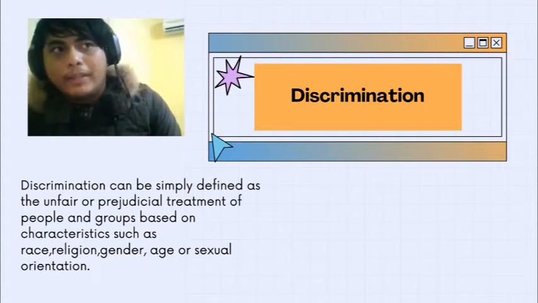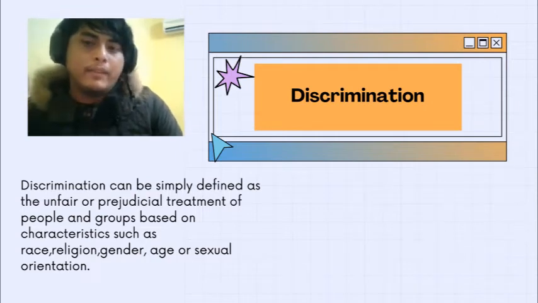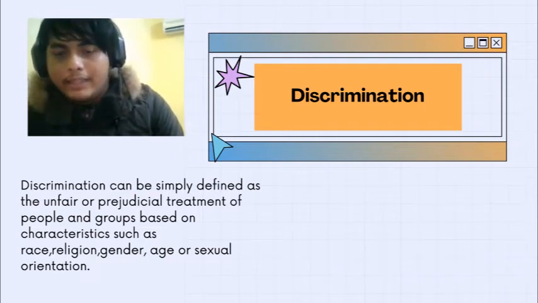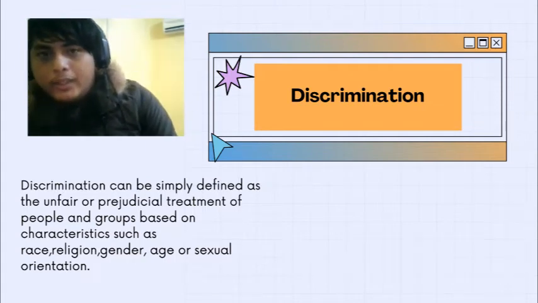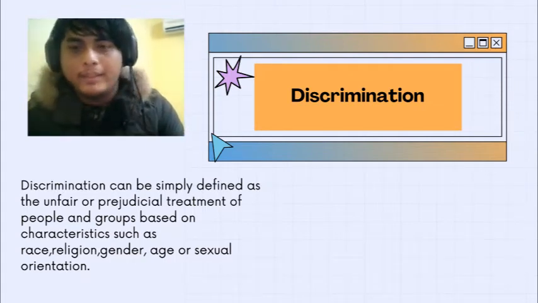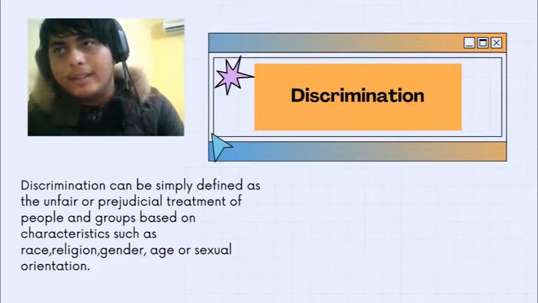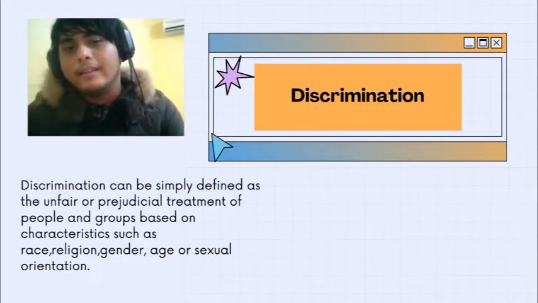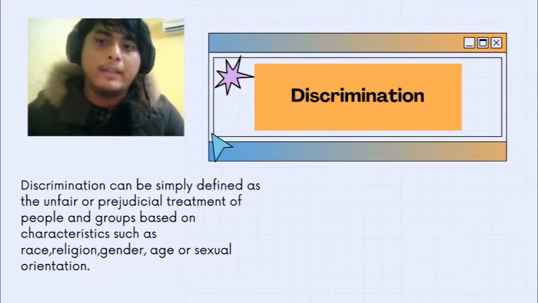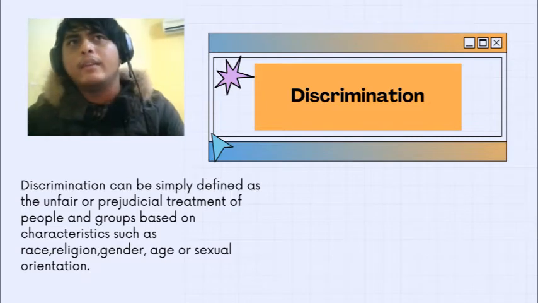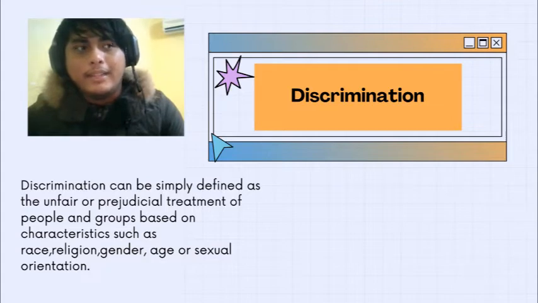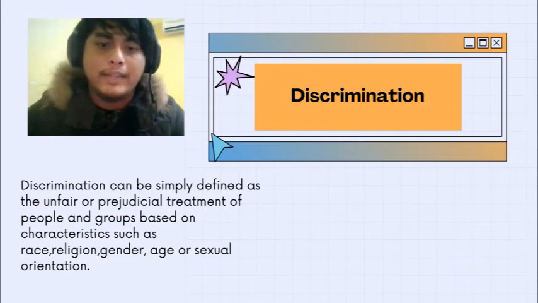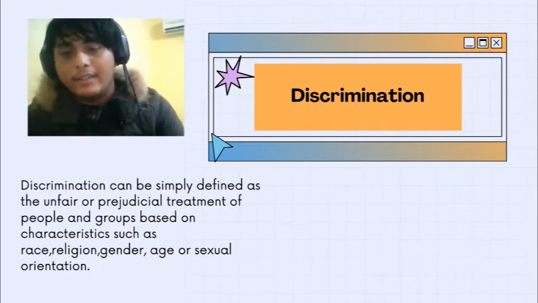But from the perspective of non-Muslims, they can see that it's not really discrimination towards one group, since the bill says that it bans the concealment of any kind of headwear that conceals the face. So it's really not discriminating towards one group based on any of the characteristics that I have said earlier.